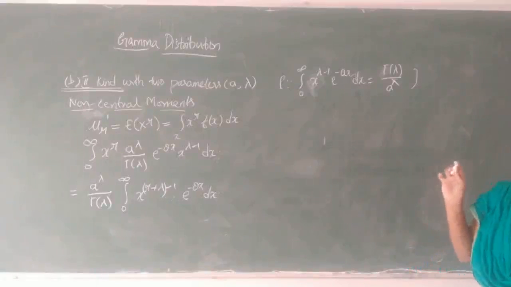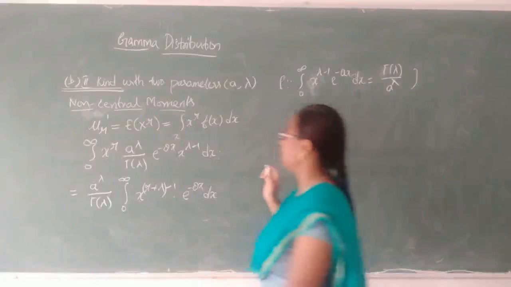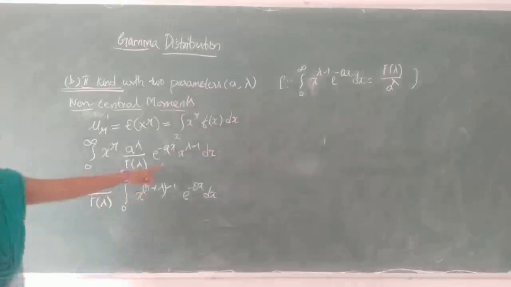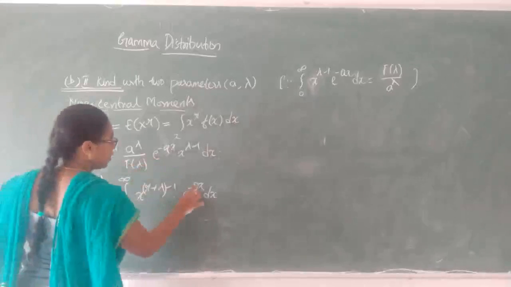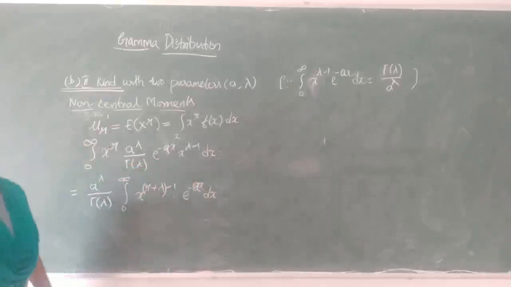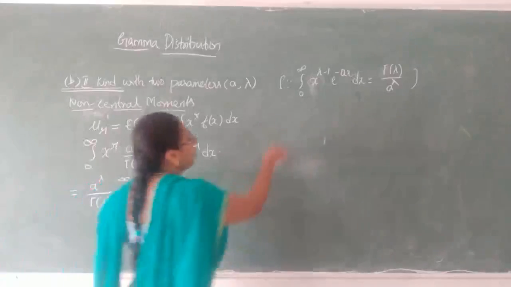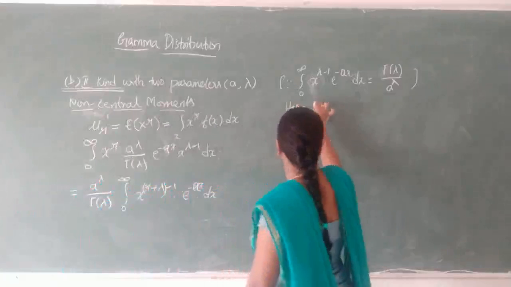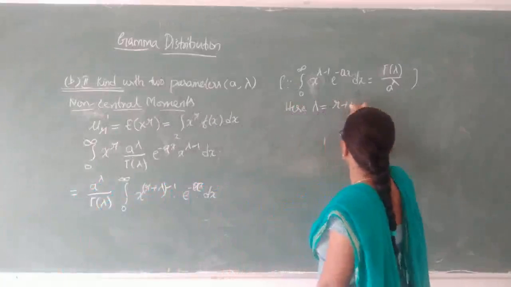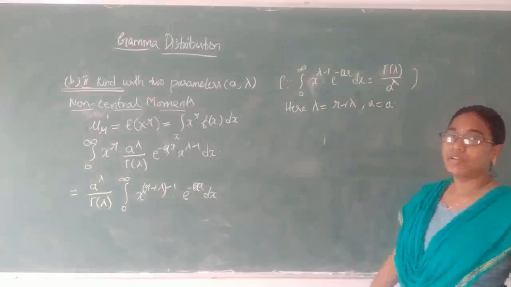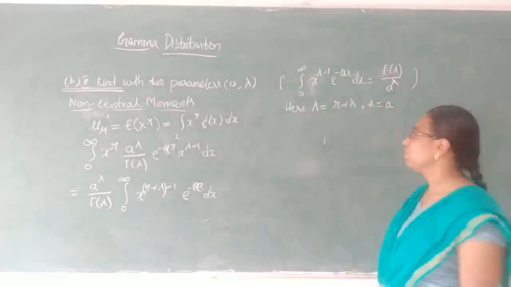e power minus ax. So the parameter is a, right? So e power minus ax. So here what is the value of lambda? Lambda equals r plus lambda, and in place of a we have a. So substitute in this formula,